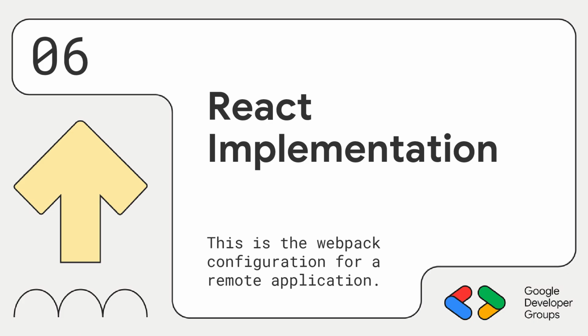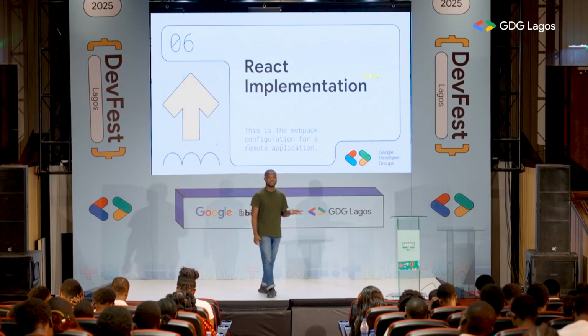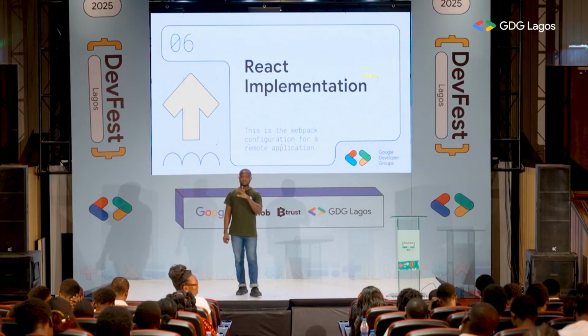Another interesting thing about micro frontend is that you can decide to use different frameworks. You are very good with React, or you have an enterprise application that needs Angular, and you need to deploy the two together within a single application to the user. So module federation gives you an opportunity to leverage that.